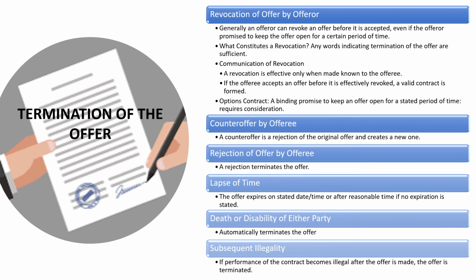You could also have, and I'm going to skip and look at these out of order, a lapse of time. What if the offeror says, "As long as you let me know if you want this textbook by 5 o'clock today, you can have it for $50." All right. So in that case, the offeror said, "I'll sell you this textbook for $50, but you have to let me know by 5 o'clock." And you're busy, you're working, you're doing other things, and you realize, oh shucks, it's 6:50 and I haven't gotten back to them. By the terms of the offer, it's over.